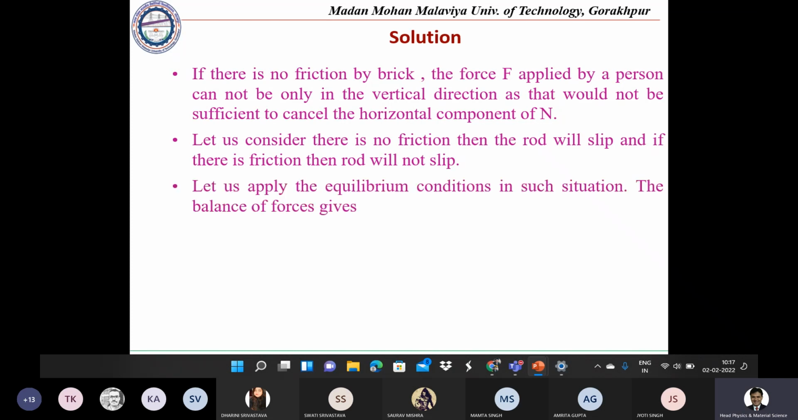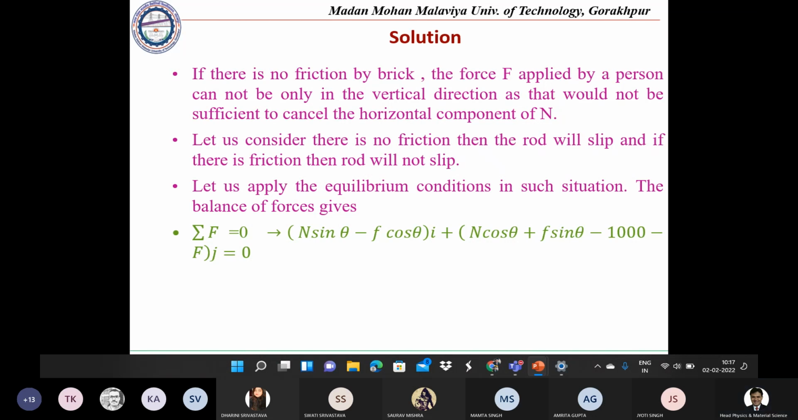Let us apply the equilibrium condition in such a situation. The balance of the forces gives that the summation over F is equal to 0, that is N sin theta minus F cos theta in the x direction. यानी x direction में जो नॉर्मल का कंपोनेंट है और एक्स डायरेक्शन में फ्रिक्शन का कंपोनेंट है, दोनों को देखेंगे, दोनों अपोजिट डायरेक्शन में होंगे और उनका जो डिफरेंस होगा वही एक्स डायरेक्शन में लगा हुआ फोर्स होगा।